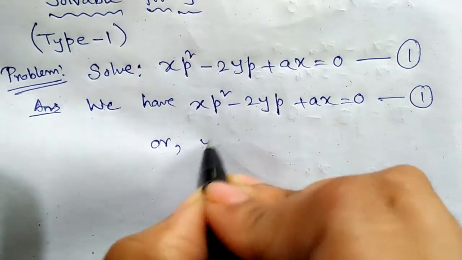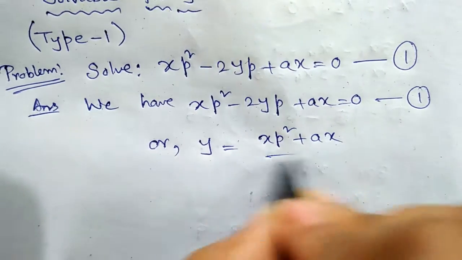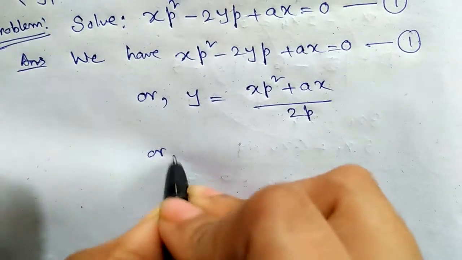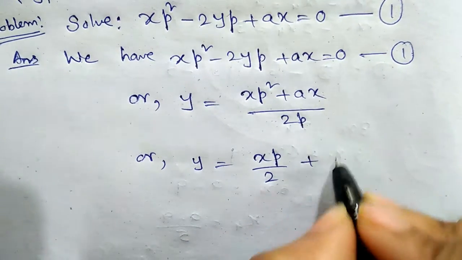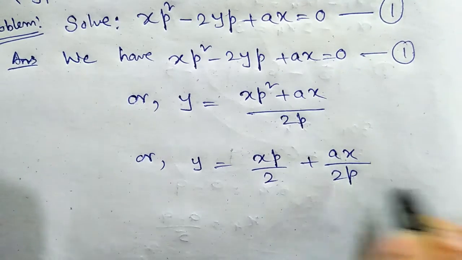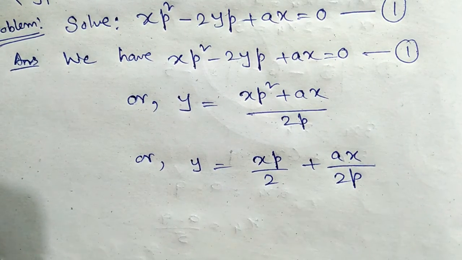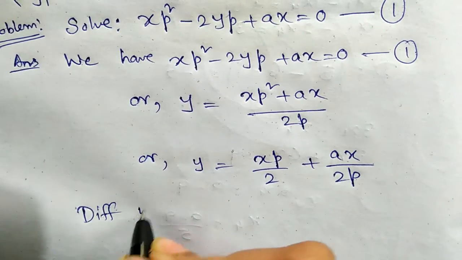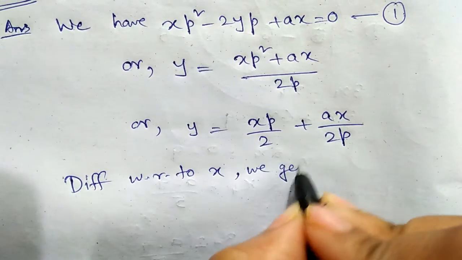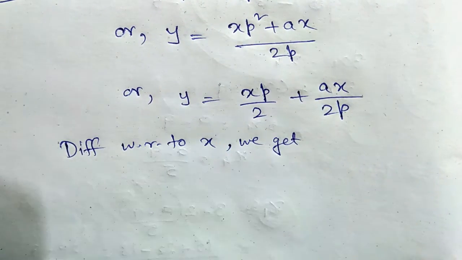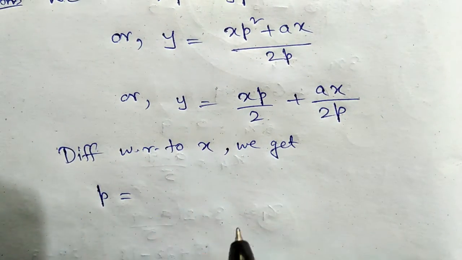now this equation can be written as y equal to xp square plus ax by 2p, that is y equal to xp by 2 plus ax by 2p. Now differentiating this with respect to x, we get dy dx, and we know dy dx is p. So p equal to,